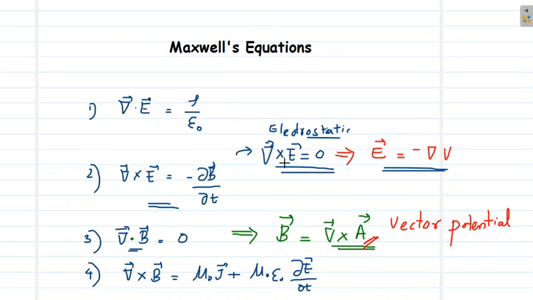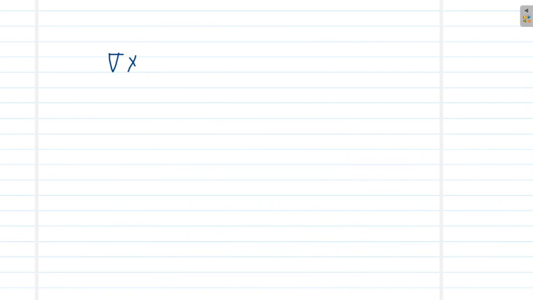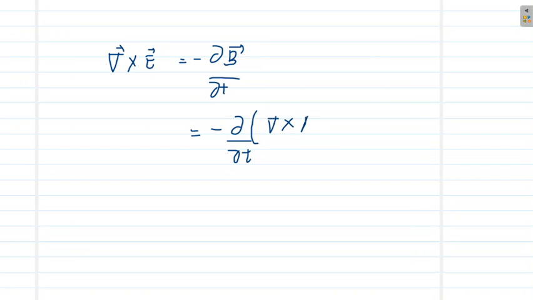In electrodynamics, del cross E is not equal to 0. In electrodynamics, we have del cross E equal to minus dou B by dou t. So I can actually reformulate that equation like this: del cross E equal to minus dou B by dou t, right? So this is equal to minus dou by dou t of B, where B is del cross A. So taking this to the other side, I will get del cross E plus dou by dou t of del cross A